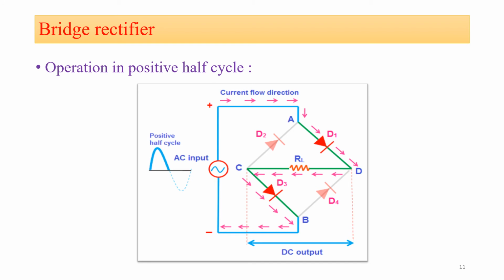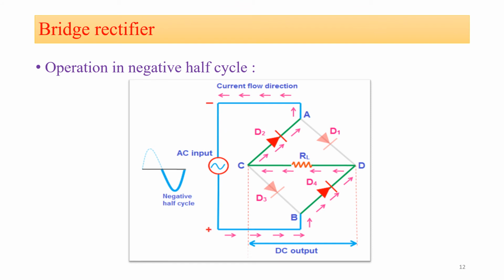So in this direction only 2 diodes are in forward bias condition, that is diode D1 and diode D3, because if you observe, the anodes of diodes D1 and D3 are connected to the positive while their cathodes are connected to the negative. So diodes D1 and D3 will be in forward bias condition, and at the same instant the remaining diodes, D2 and D4, will be in reverse bias condition. So in the first positive half cycle you will get the output voltage across the load due to diodes D1 and D3. D1 and D3 will be in on condition and D2 and D4 will be in off condition.